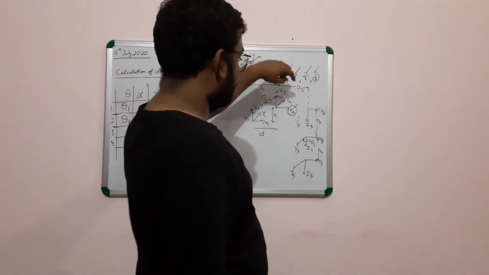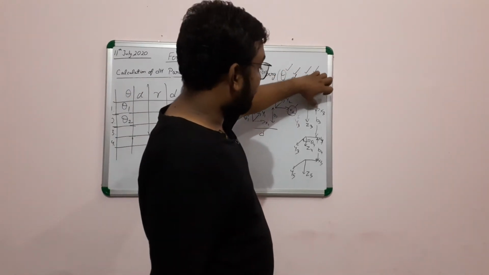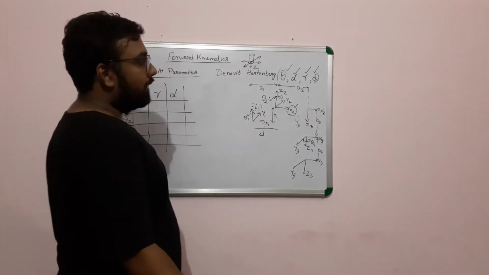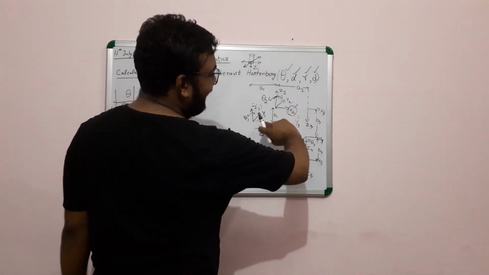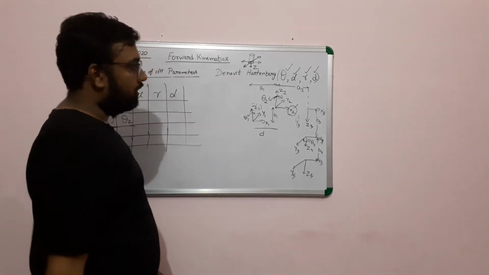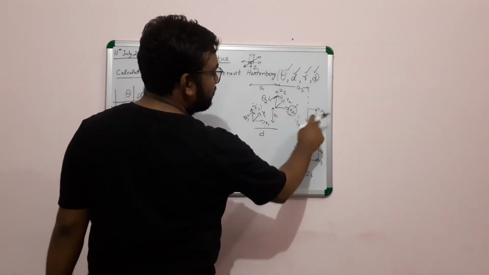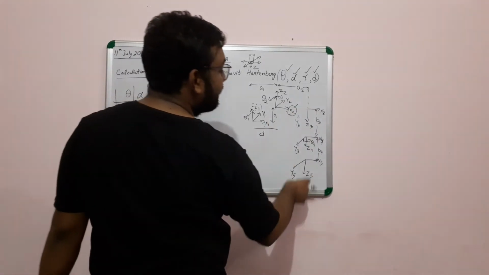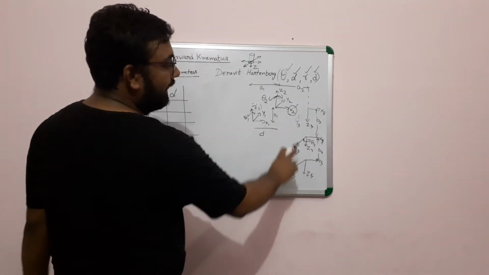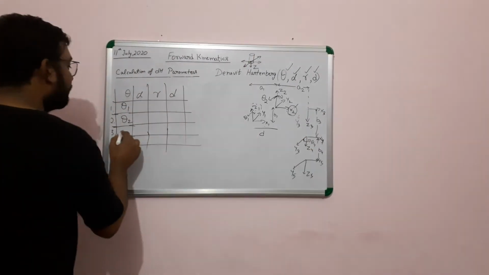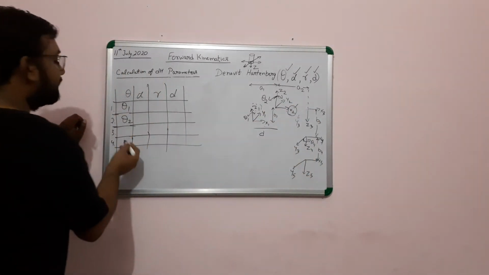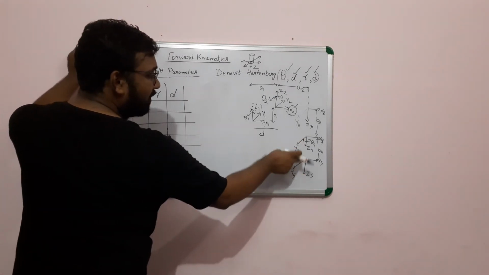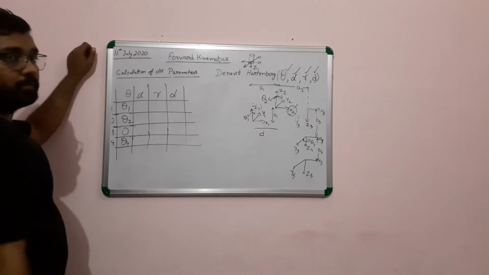Then here it is. Actually, this is an easy question. We don't have much complexity here, as all the x's are mostly in the same direction. Here x2, x3, x3, x4, x4, x5 are all in the same direction, and we don't have any extra rotation except in z4. So between z3 and z4 it will be 0, but between z4 and z5 it is 0 plus theta 4, so theta 4.